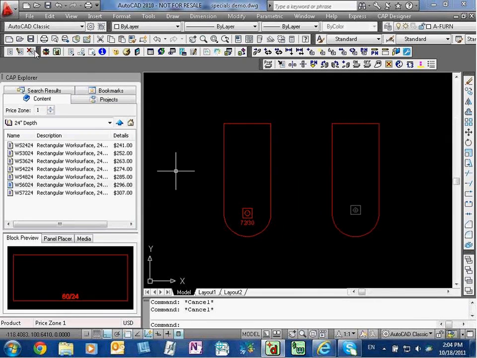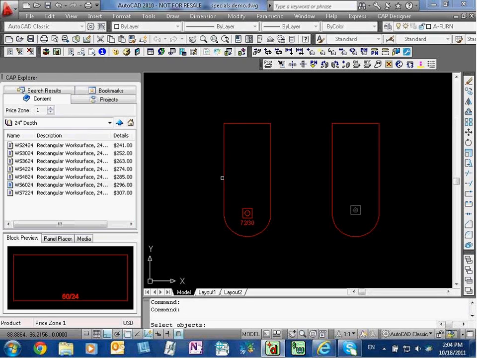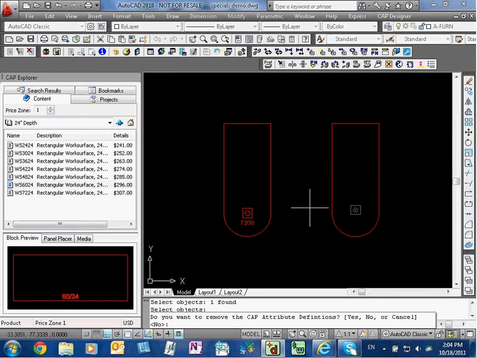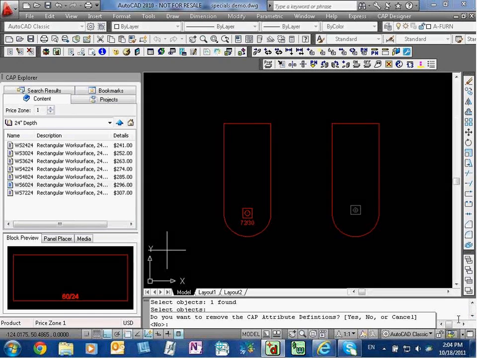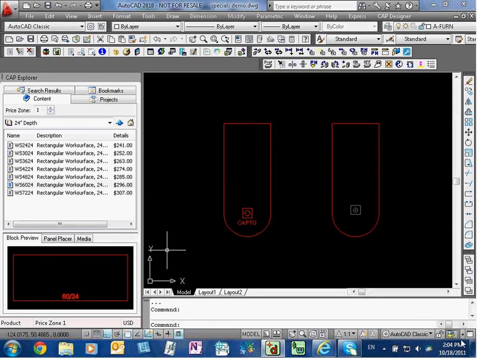Okay. What I used to do before, you have to clean the graphic so that we can make a change. So I'm going to select undo part, and I'm going to undo the 2D part. And you'll see a new question down at the command line in AutoCAD. Do you want to remove the CAP attribute definitions? It's defaulting to no, and I would encourage you to say no, because what this is going to enable you to do is spend less time when you create a special. So now I'm going to say no, and then I'm going to do the same thing on the 3D symbol